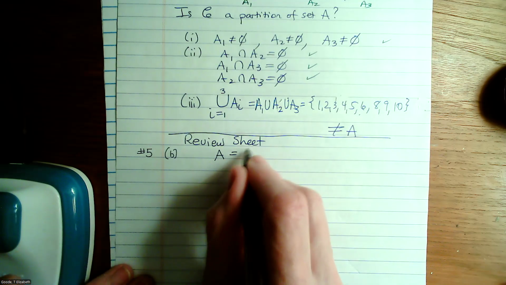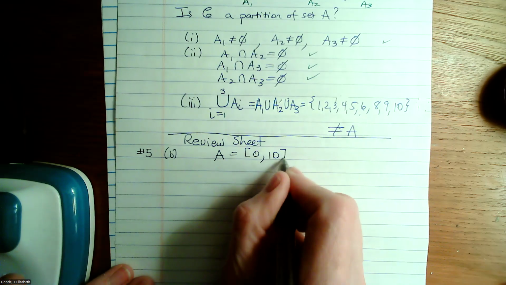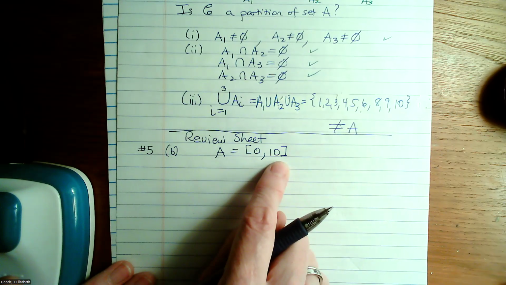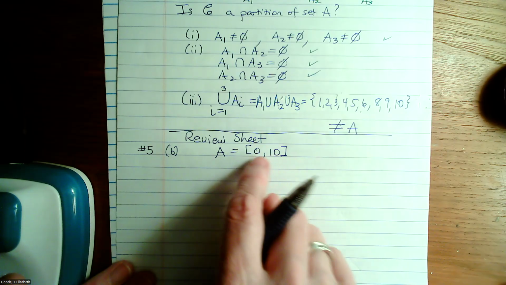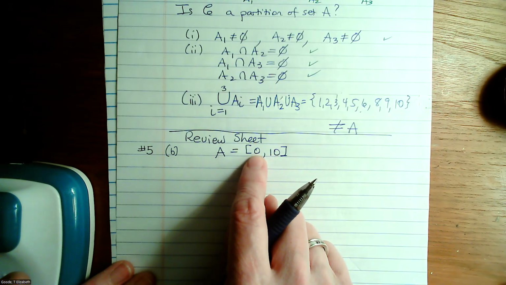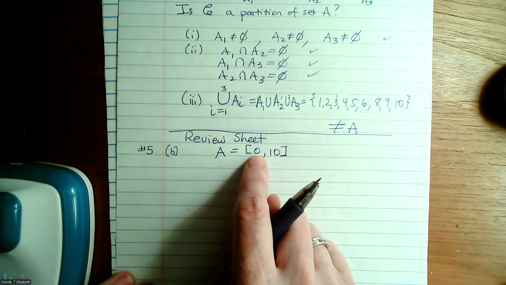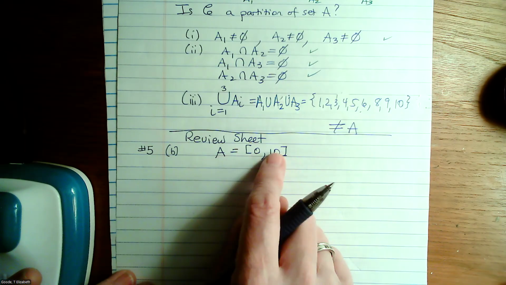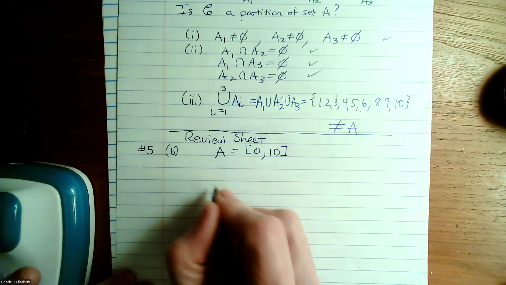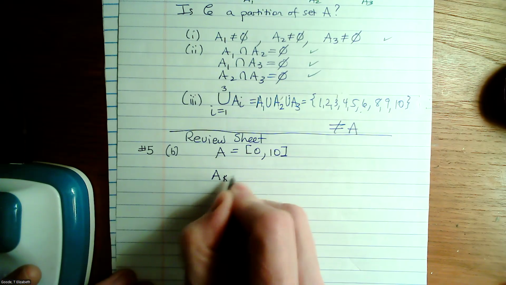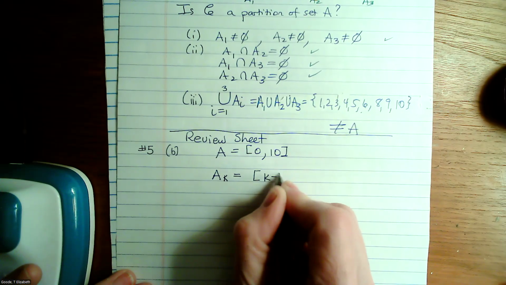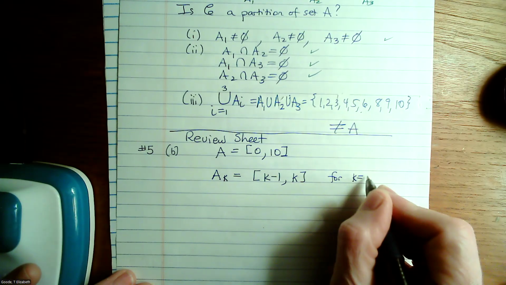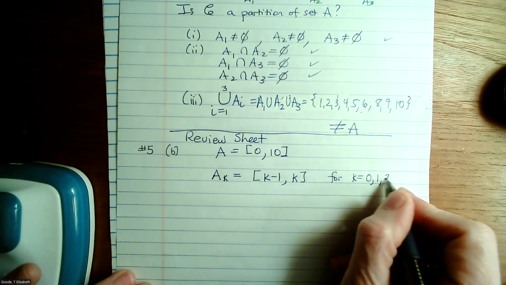A is the unit interval from 0 to 10. So this is an infinite number of real numbers, not just the integers from 0 to 10, but there's like 1/2 is in there, pi is in there, 2 pi is in there, 34/59 is in there. All kinds of numbers are in there, not just the integers. And we defined A sub k to be square bracket k minus 1 to k. And this is for k equals 0, 1, 2,